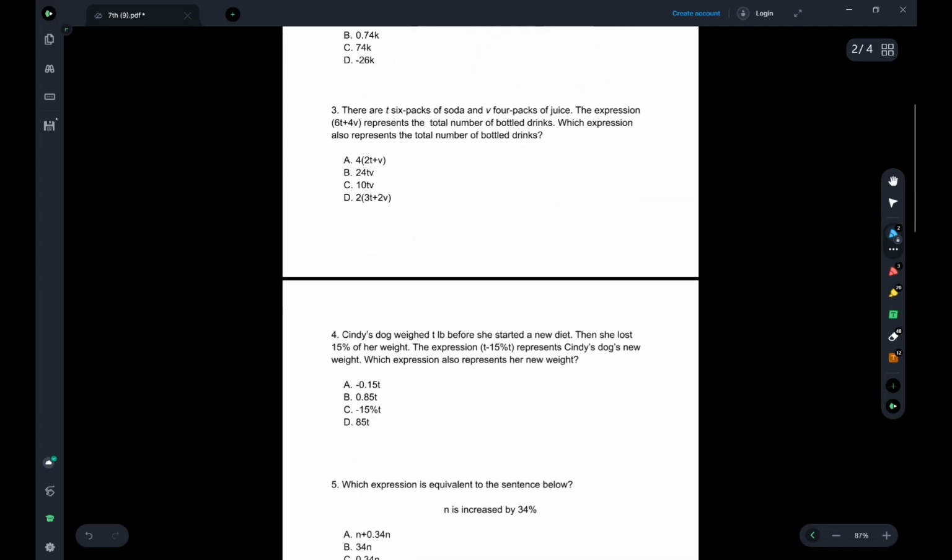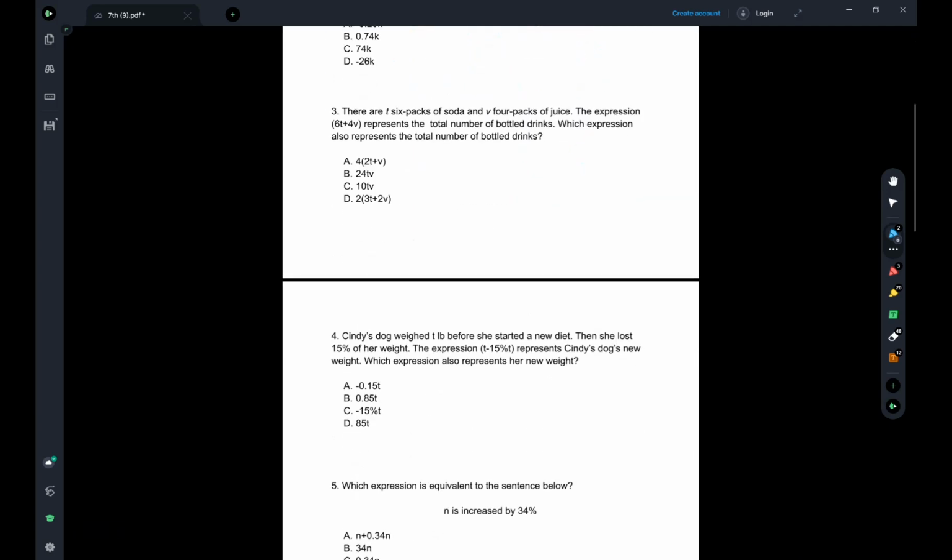Let's go to number 3. So number 3, it says there are T 6 packs of soda and V 4 packs of juice. The expression 6T plus 4V represents the total number of bottled drinks. Which expression also represents the total number of bottled drinks? So, it's asking essentially to find, like number 1, what is equal to this. So 6T plus